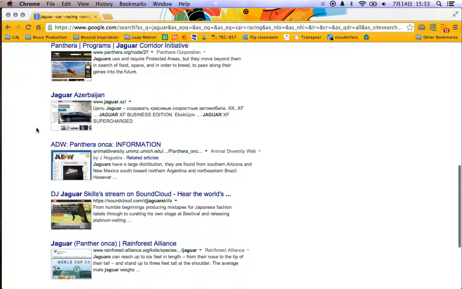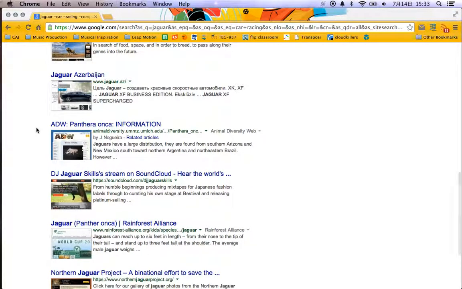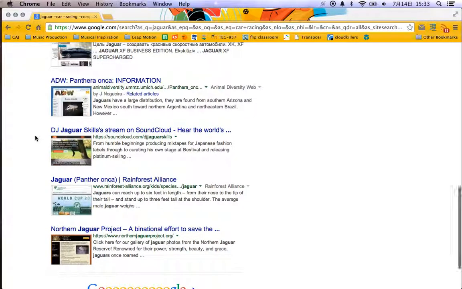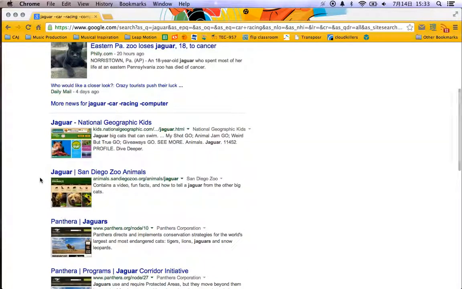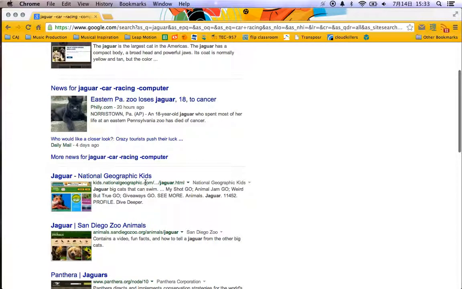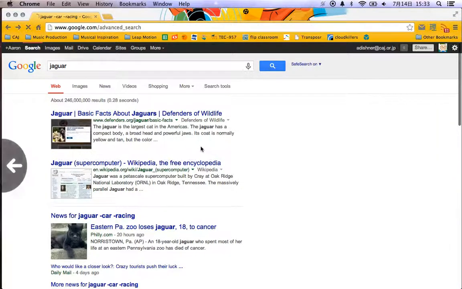So we're going to see a bunch of different things here. We still see cars, and I'm seeing music. So I don't want to see this stuff. I want to see things that are only to do with zoos. Most zoos will have a .org site, the suffix at the end. We have National Geographic here too as well, but let's try searching just on .org sites,